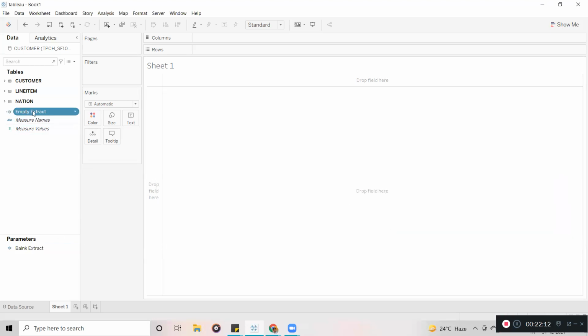Now here you can see the field whatever you have created, empty extract, the calculation, it is available under this table section, right? Now you guys can see, whenever you create any type of calculation, it is going to start with an equal to symbol. Now you can see a small equal icon, true or false, it is displaying.